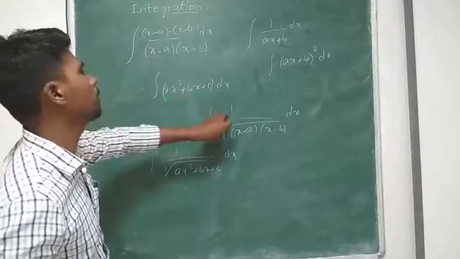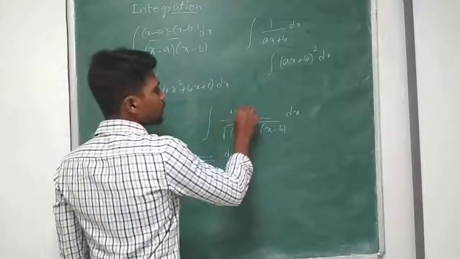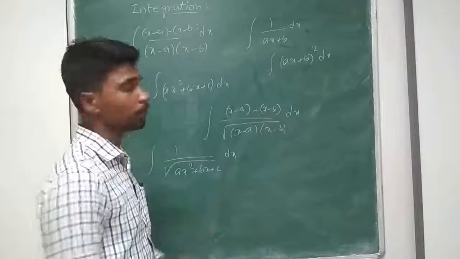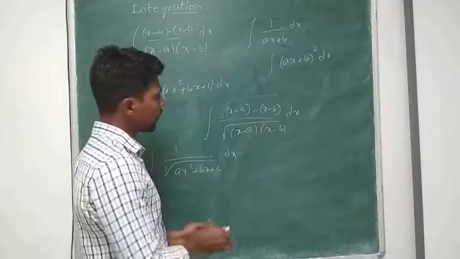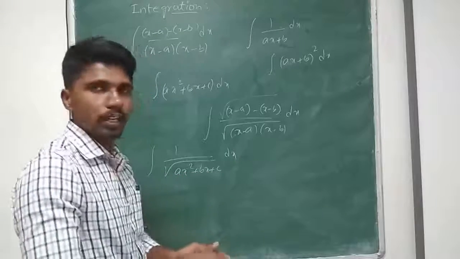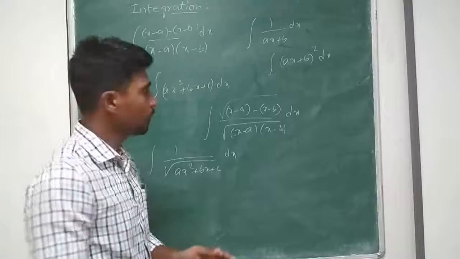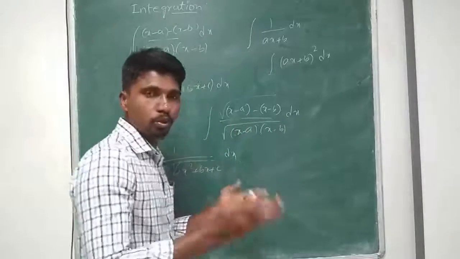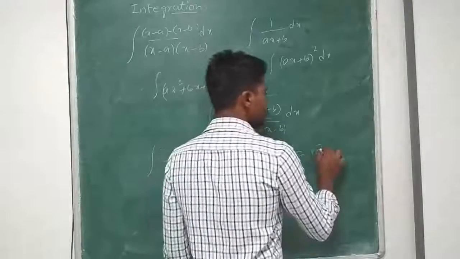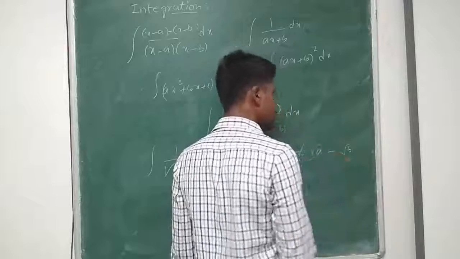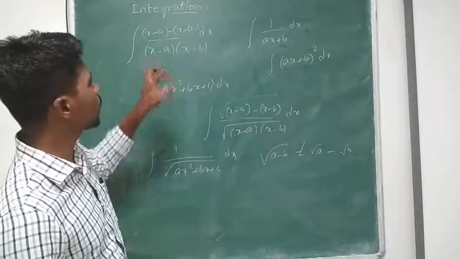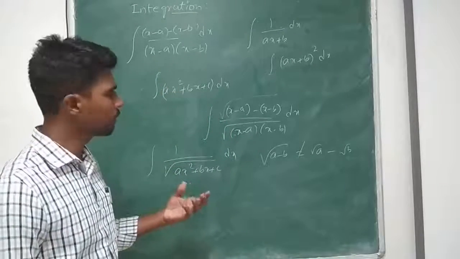But if I apply the same thing here, what happens? (x minus a) minus (x minus b), and this has a square root. So for the purpose, if I use square root, we can write it as square root of (x minus a) by (x minus a) into (x minus b) minus (x minus b) by (x minus a) into (x minus b). But we cannot write those as two forms, because square root of a minus b will never equal square root of a minus square root of b. This is a wrong identity, right? So if the problems are in this particular form, how to solve?